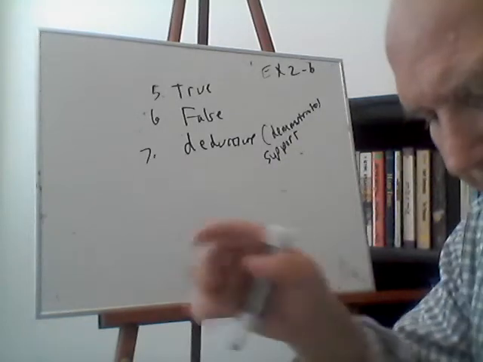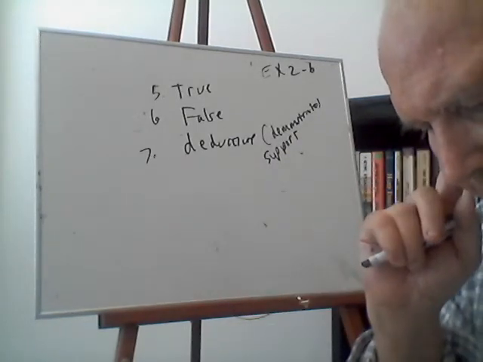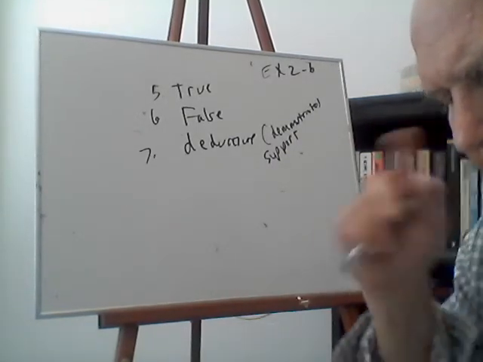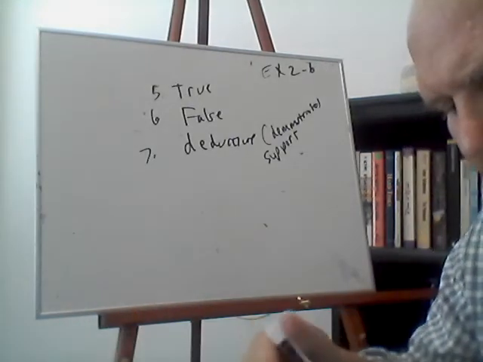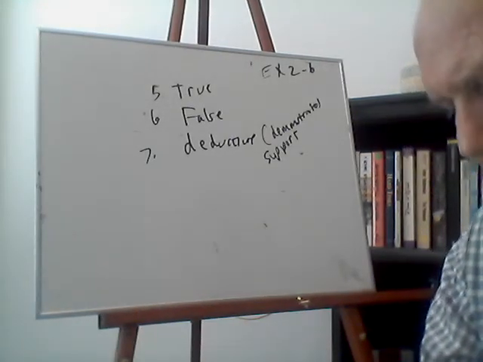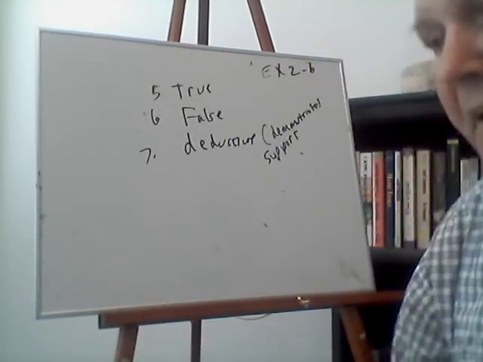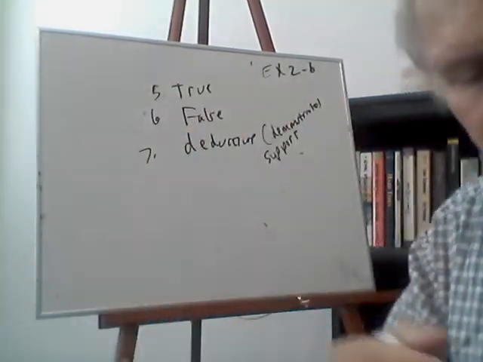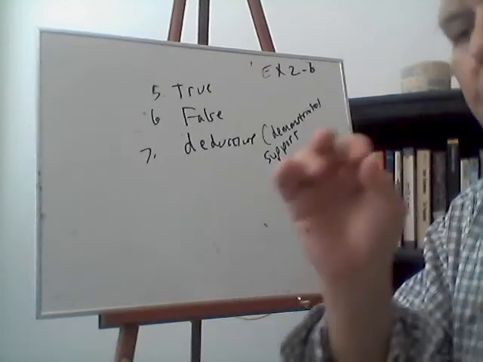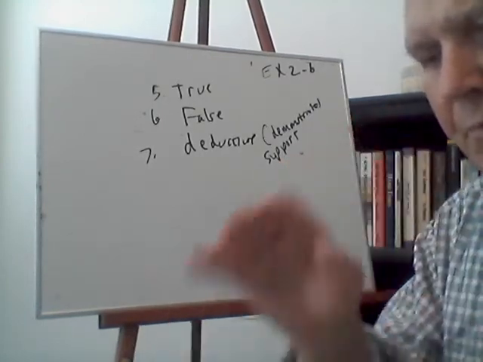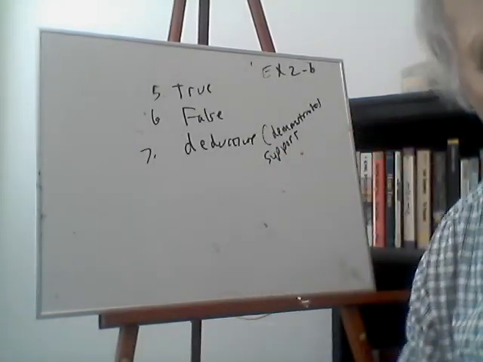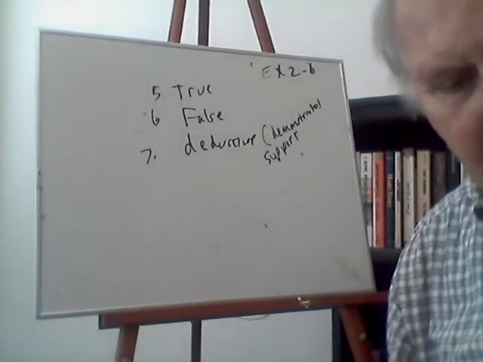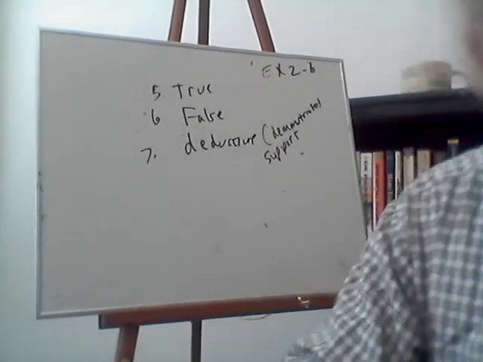I'll do one more because I'm running out of time here. Number 8, when a conclusion has been proved beyond a reasonable doubt, it has always been demonstrated, and that's false. Beyond a reasonable doubt means it supports the conclusion, it doesn't demonstrate it. When you demonstrate a conclusion, you demonstrate it with 100% certainty. Okay, so that's the exercise.